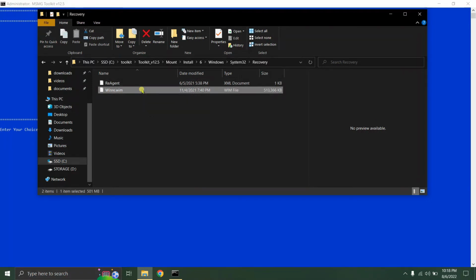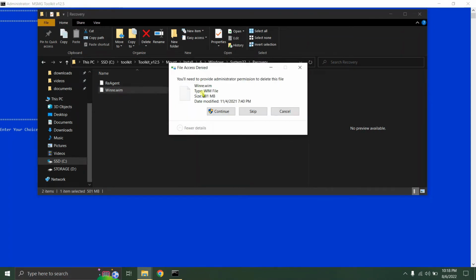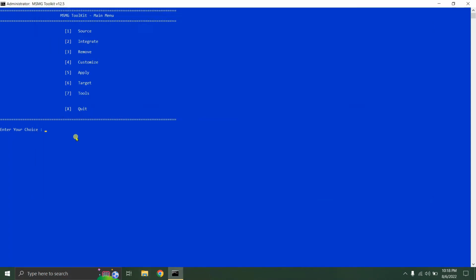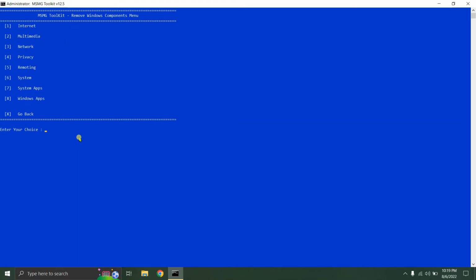Again, what I am doing is not cancelling this MSMG; it is actually the drop down menu. Go to the drop down menu again. You need to find the option here that is sources integrate remove. We have to remove 3 and then click number 1, that's remove components, and again select Windows components and click